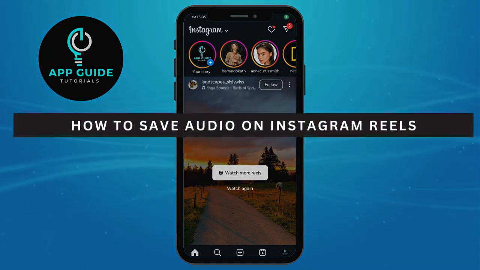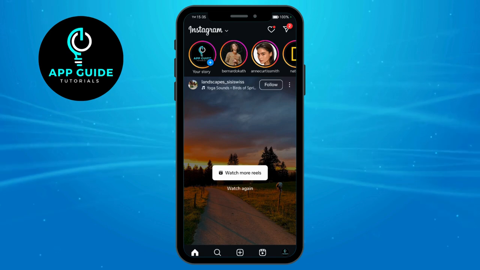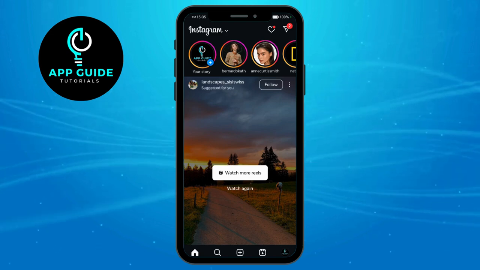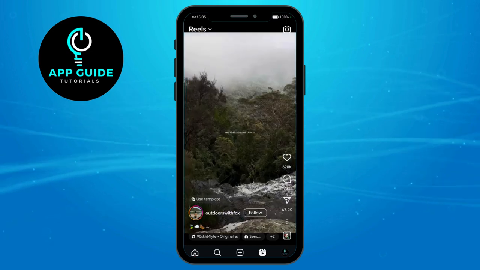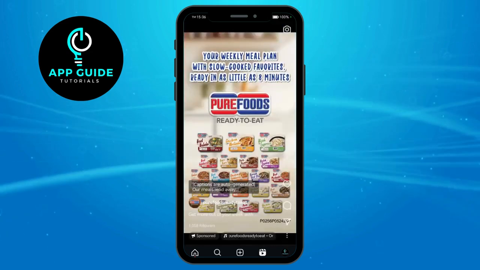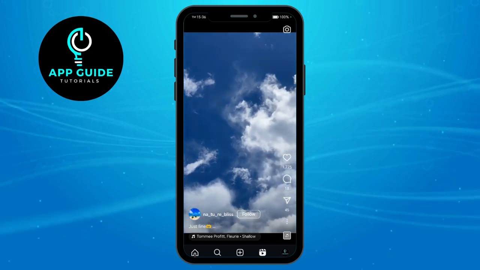How to save audio on Instagram Reels. In order to do that, you just need to head over and then click on a specific reel that you want. So for example, let's head over to our Reels section, and then you can see all the reels that you can actually explore. So if you already found a reel that you want to actually save the audio into,